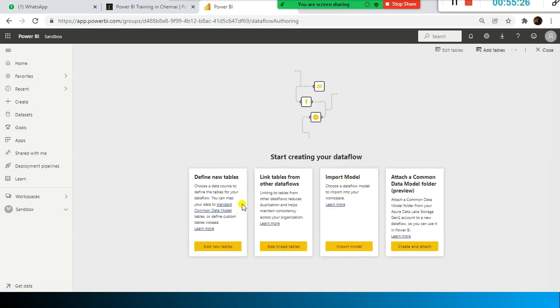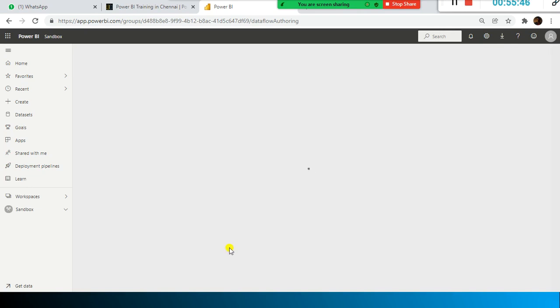Here I can define new tables and link tables from other dataflows, and import model, attach a common data folder. You can import the dataflow model: choose a dataflow model to import into your workspace and add linked tables. So what I am doing is I'm going to add new tables.